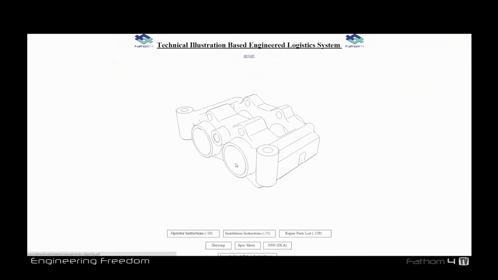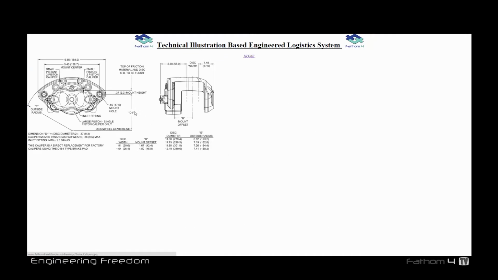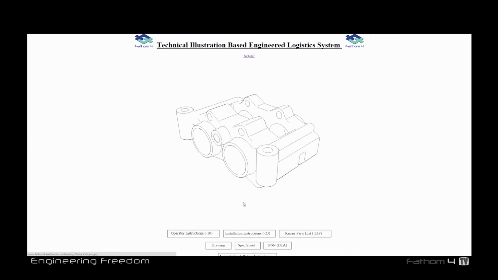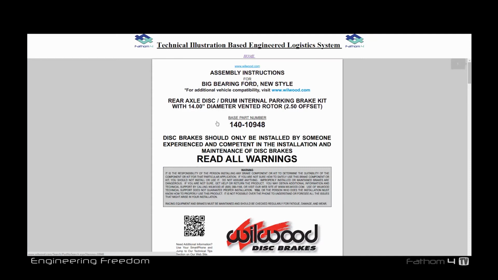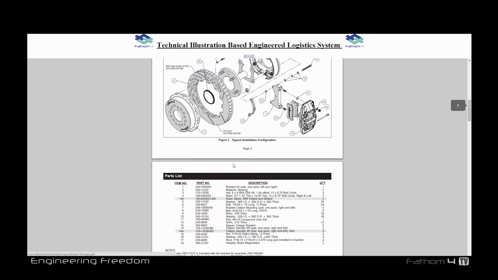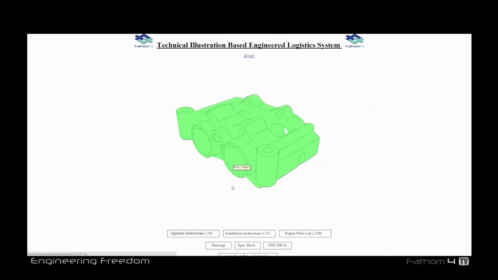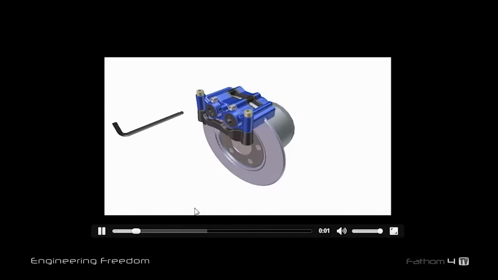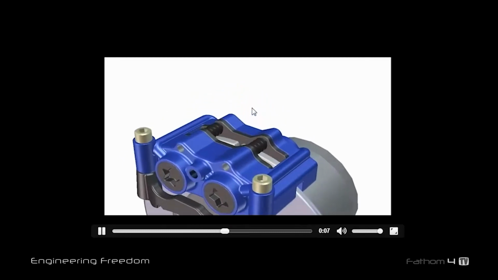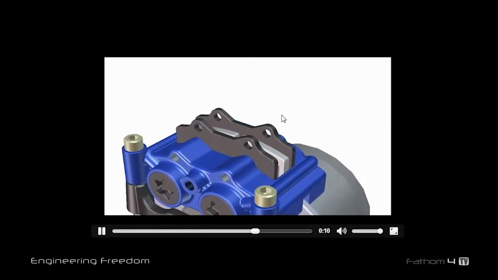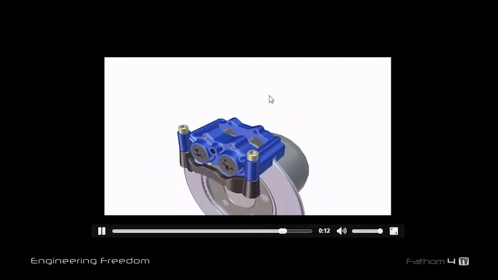Or we can go to the repair parts list, the RIPSTL, the drawing, and look at dimensions of the brake caliper. The COT spec sheet is also tied in here. These links, though, can be set up to be whatever we need to show for the user. Here we have an animated installation instructions of the brake caliper assembly. With a wrench removing the bolts, the dust boots being removed, the brake pads being removed,